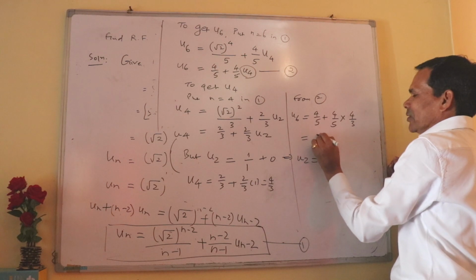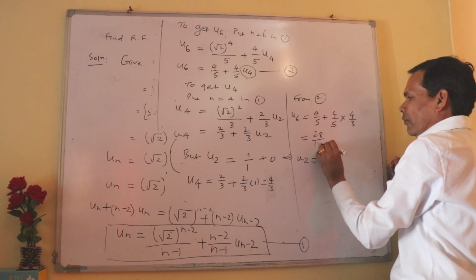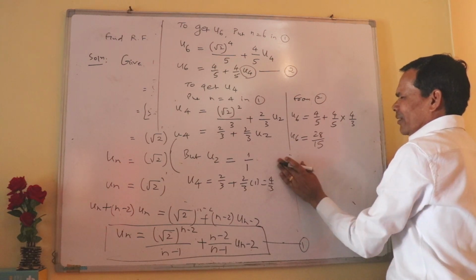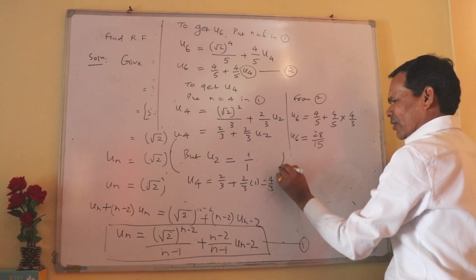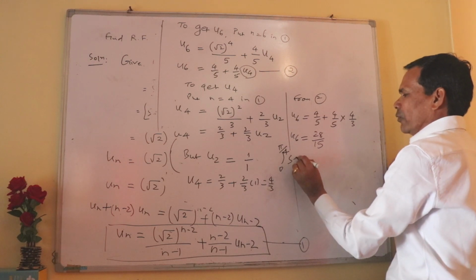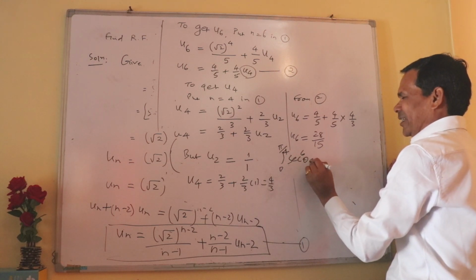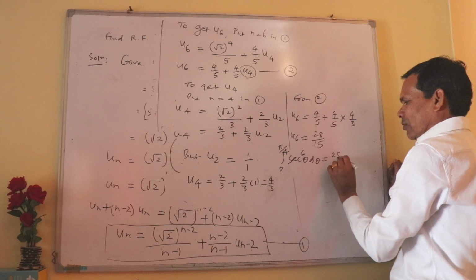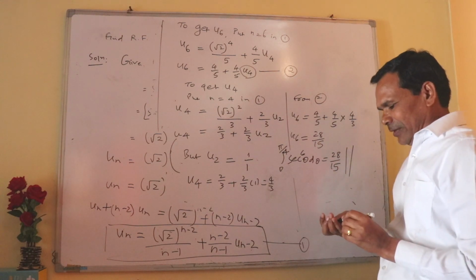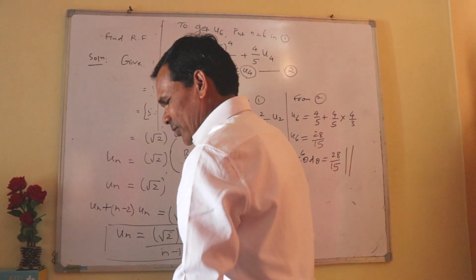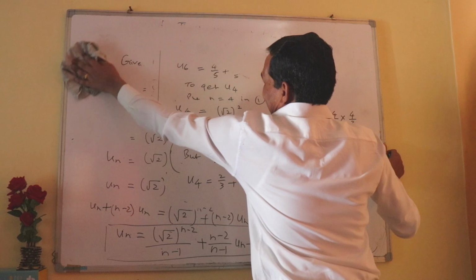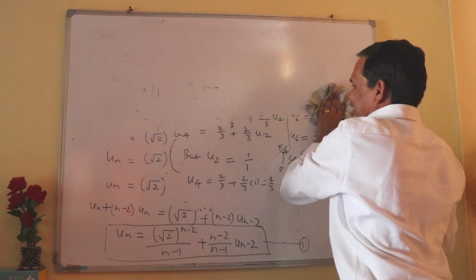So if you simplify this, 28 by 15 is the value of u6, which means the value of this particular integral, 0 to pi by 4 sec raised to 6 theta d theta, is equal to 28 by 15. Likewise, you can apply the reduction formulas effectively for sine and cos by reducing the index by 1,